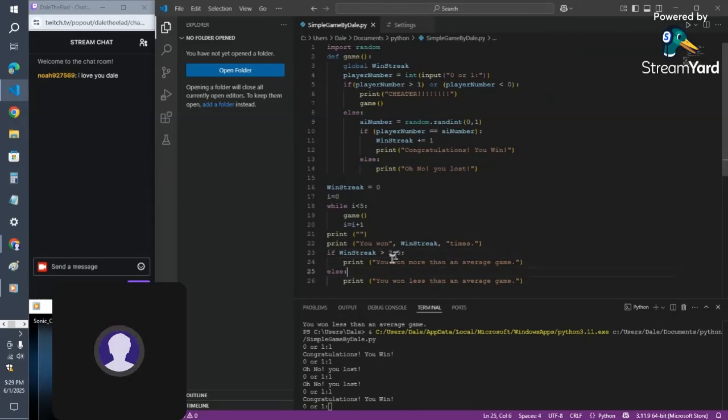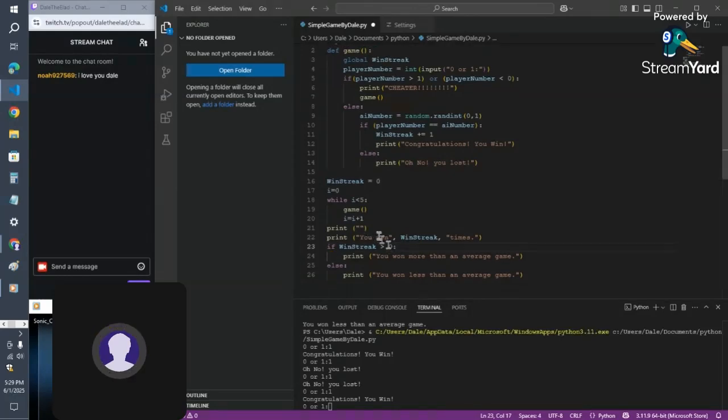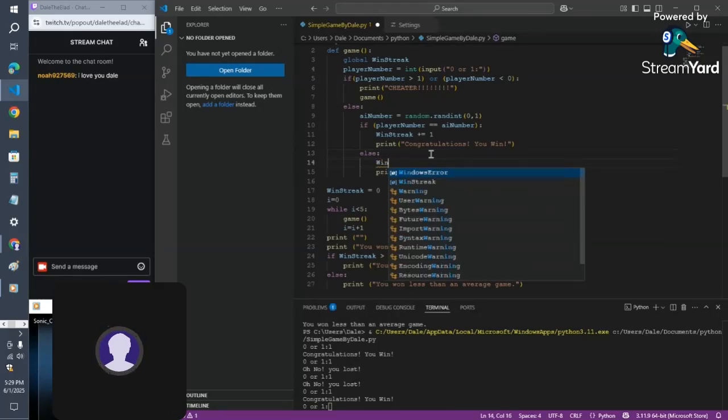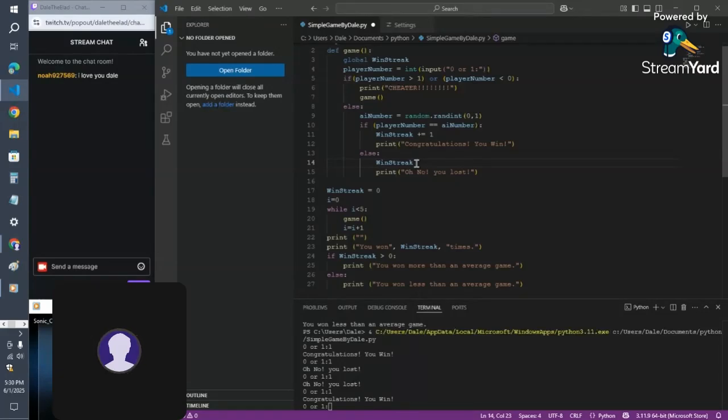So another way I could do this is just have that be if it exceeds 0, then do that. Actually, let me do that. 0 and then else win streak plus equals or minus equals 1.